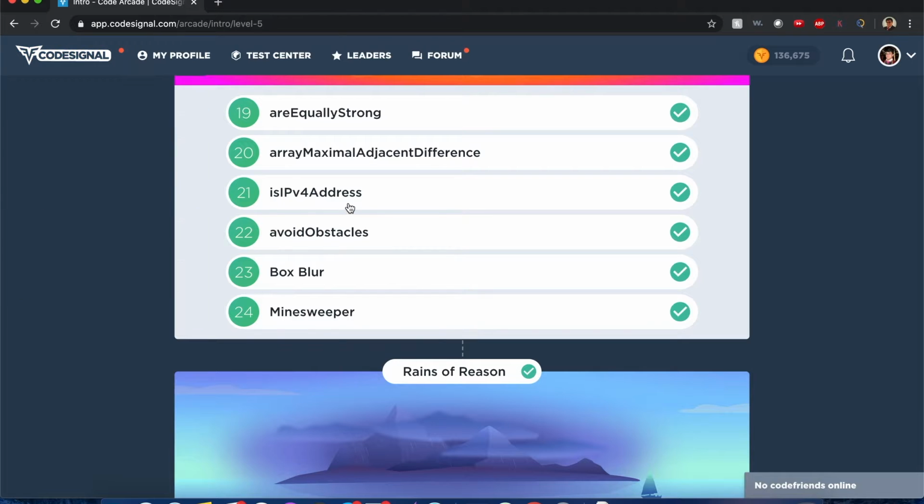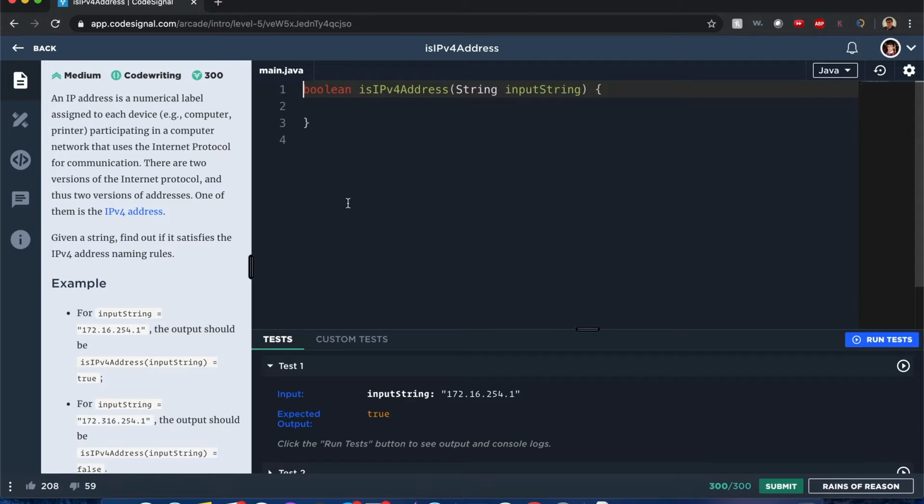CodeSignal Arcade, IPv4 address. Hello everybody, I'll be solving this IPv4 address question. Let's get to it! Alright, an IP address is a numerical label assigned to each device participating in a computer